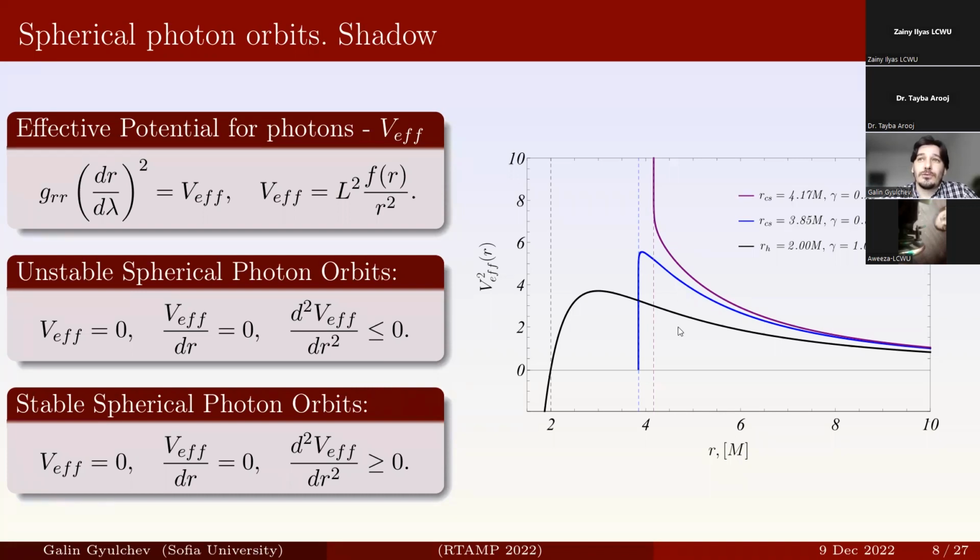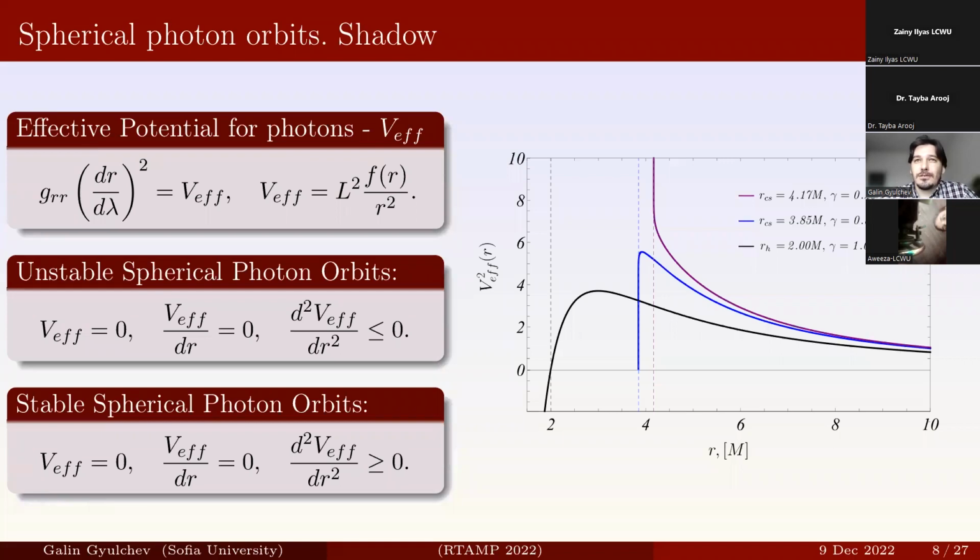Because if you want to observe and extract visible information from the astrophysical processes which are realized near the compact object, we want to send a photon to the Earth, emitted from some white source into the universe. This photon has to go to the compact object, spend a little time around it to extract the information from it, and after that we have to let the photon come to the Earth. If we see the photon, we can study all the features related exactly to this specific photon, and understand what is happening with the compact object. So because of this, we are not interested in the photon orbits which are stable, because